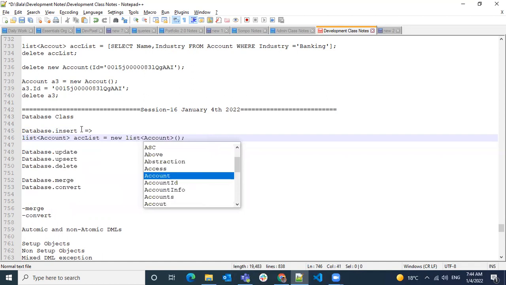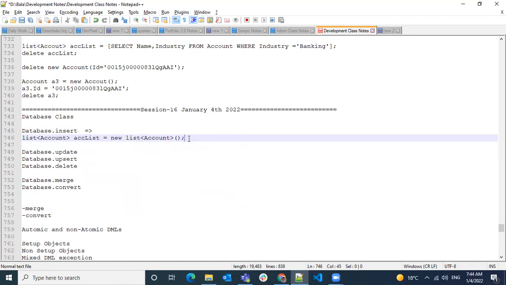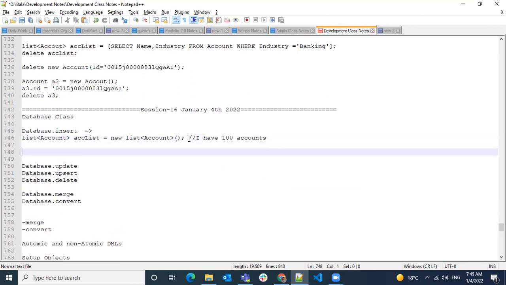I have a list of accounts, and I assume I have 100 accounts I want to insert. Out of 100 accounts, there are five accounts having an issue. So when I do a Database.insert of the account list,